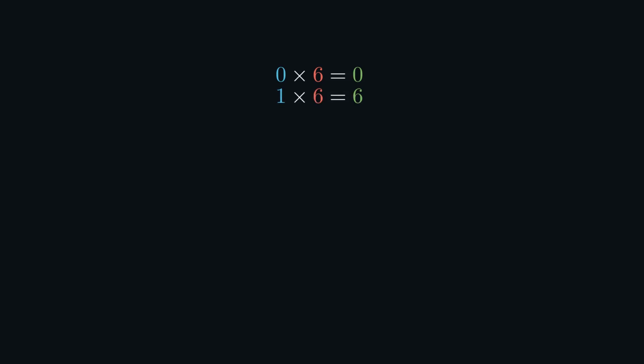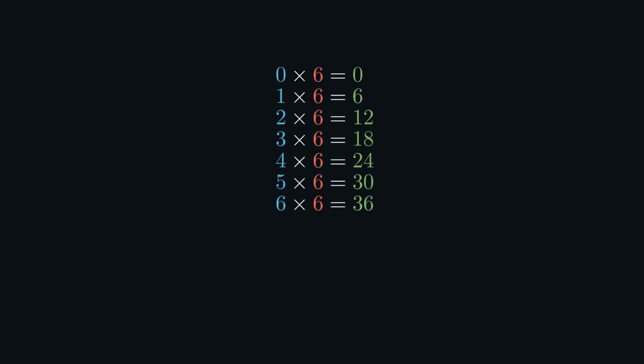0 times 6 is 0, 1 times 6 is 6, 2 times 6 is 12, 3 times 6 is 18, 4 times 6 is 24, 5 times 6 is 30, 6 times 6 is 36, 7 times 6 is 42, 8 times 6 is 48, 9 times 6 is 54, 10 times 6 is 60, and the other way round,